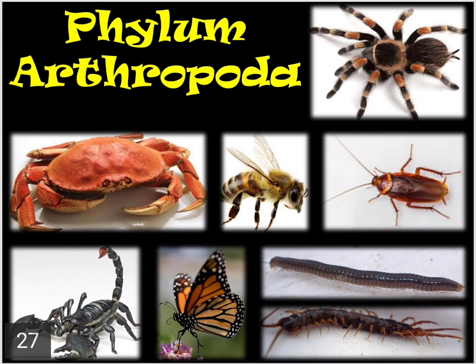These animals have jointed appendages. If you have seen a spider or a cockroach very closely, or a honeybee or a mosquito or a scorpion for that matter, or even a butterfly or a crab, okay, these are all the pictures which I have put up over here. If you look at their legs, the legs are not attached as one structure. They are attached as tiny structures which are joined together. So that is why they are said to have jointed appendages, and that is the reason they are called arthropods.